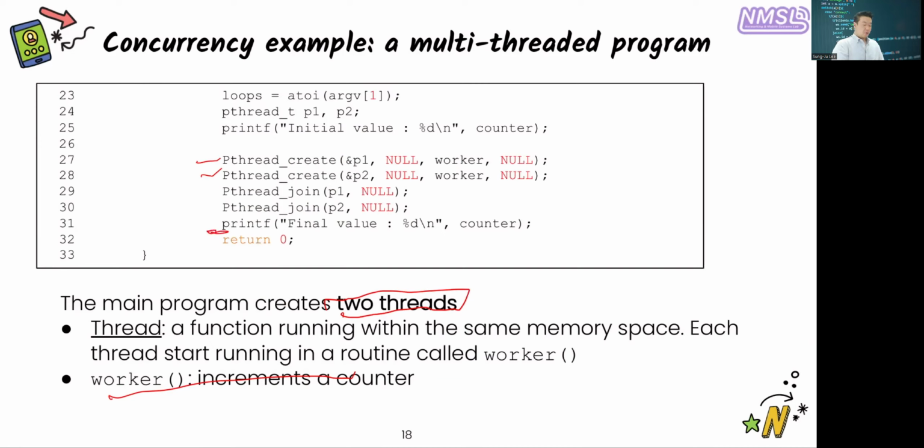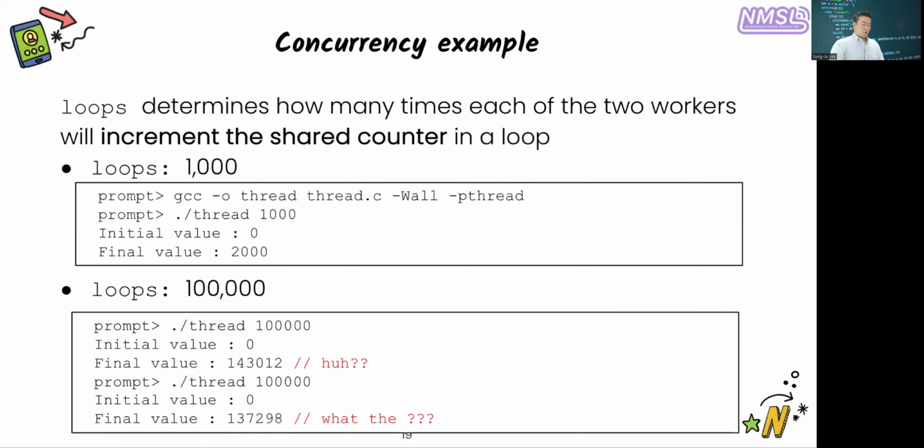Before threading, it prints out the initial value of the counter, and then the final value. Here the loop variable is the number of times each of the two workers will increment the shared counter. Remember, the counter was actually the same. Now, if we loop 1000 times,